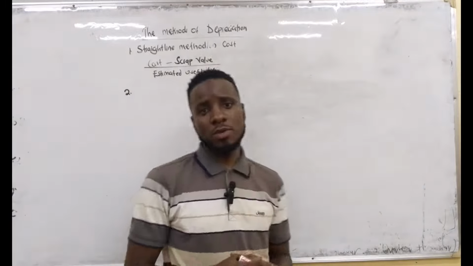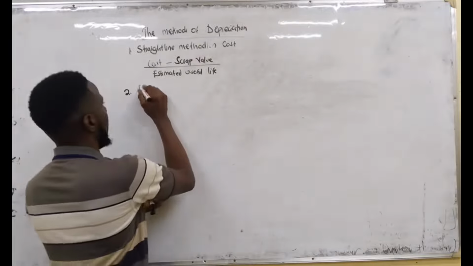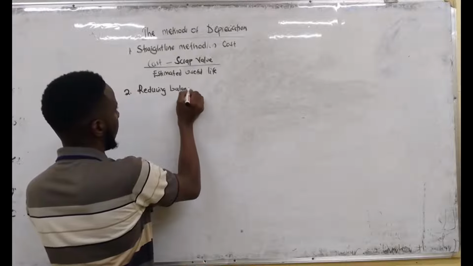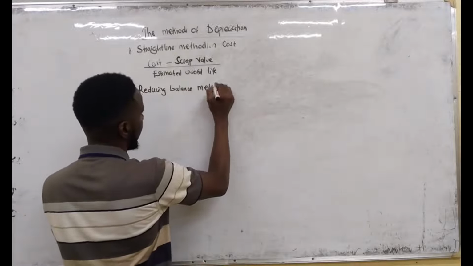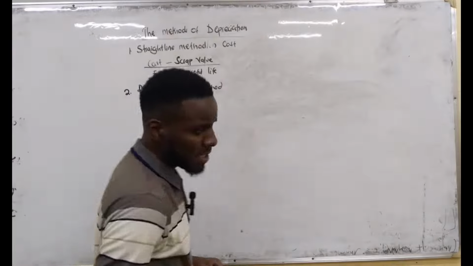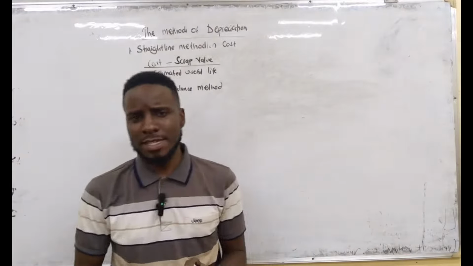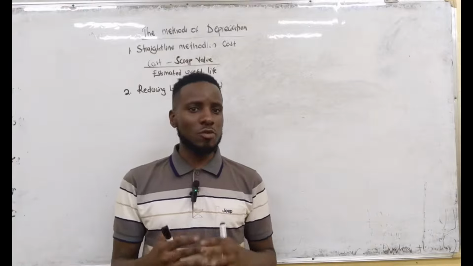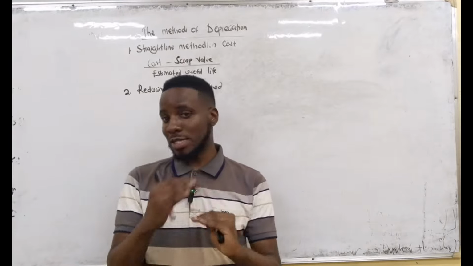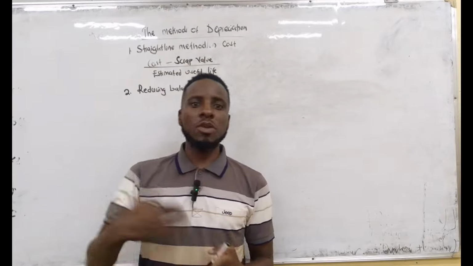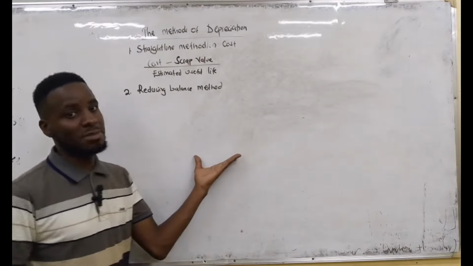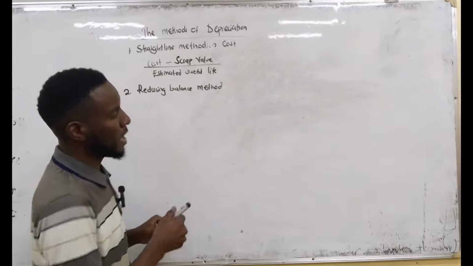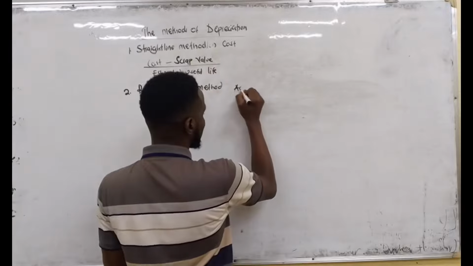So the next one, we have what they call the reducing balance method. Now, the reducing balance method believes that the depreciation charge is going to be changing every year. Like I told you, when it comes to the straight line method, we are going to have a constant depreciation charge. But when it comes to the reducing balance, it means that every year you're actually going to have a different charge. For example, if you say the asset cost us